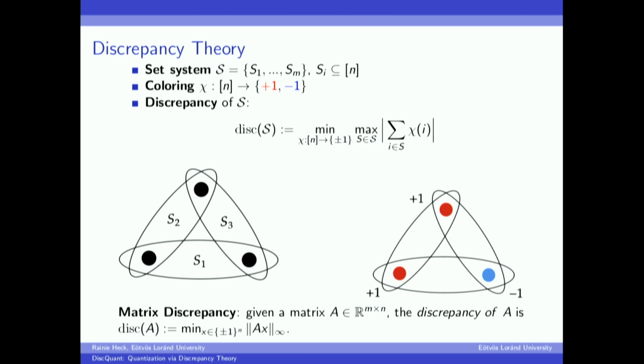And we can generalize this to a linear algebraic formulation called matrix discrepancy, where we instead ask, if we're given a matrix A in R^(m by n), then we want to find a vector of signs x so that the vector Ax has minimal maximum norm. And if you note that if you take the matrix to be the incidence matrix of a set system with 0, 1 entries, then this exactly recovers the combinatorial formulation of the problem, but in general it's a much richer geometric problem and algebraic problem.